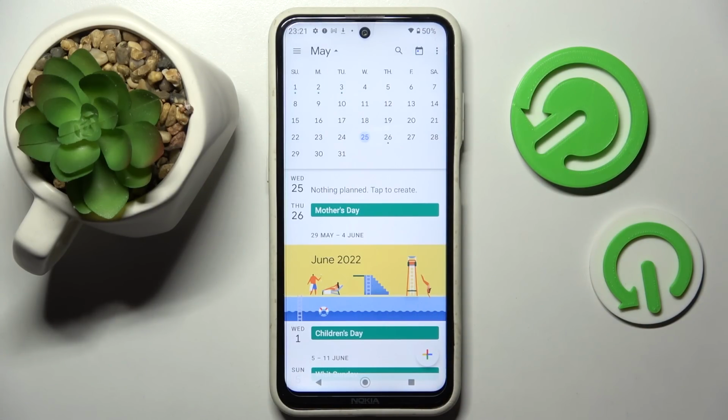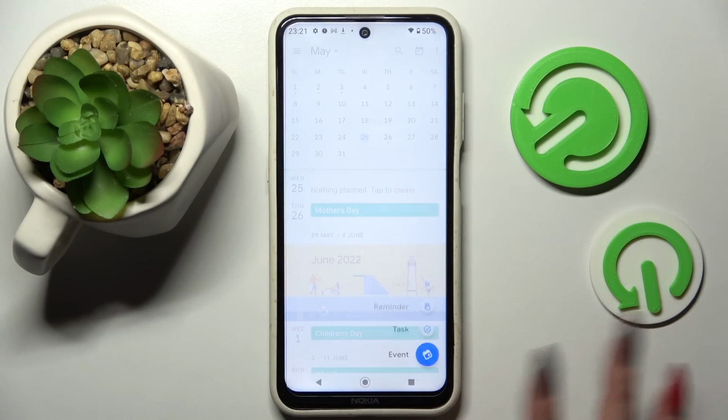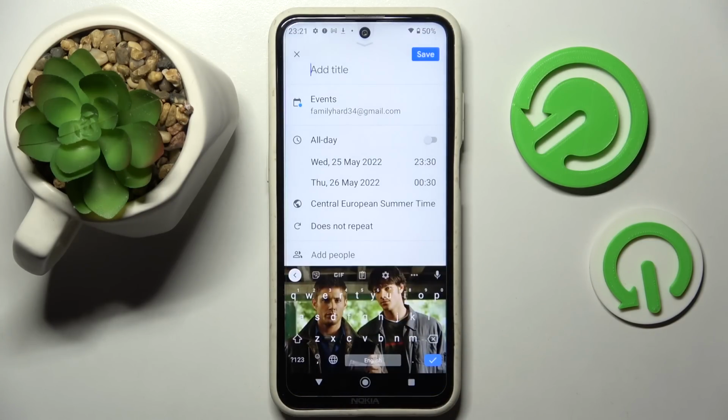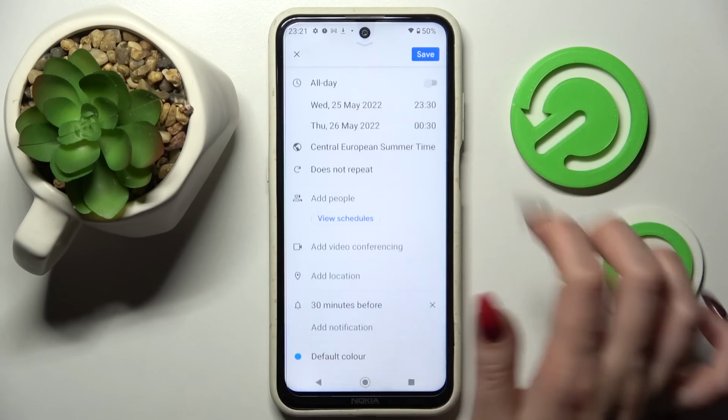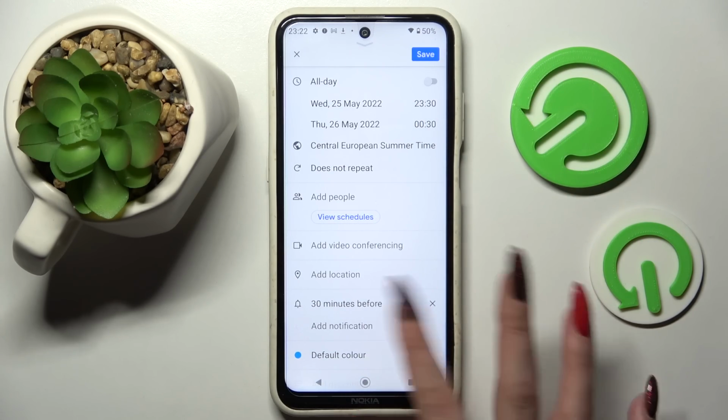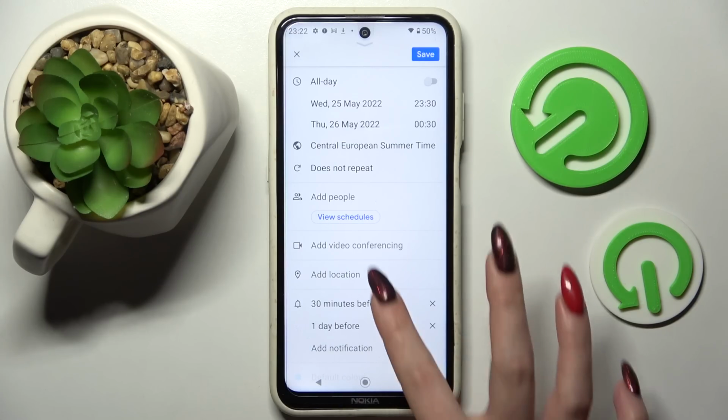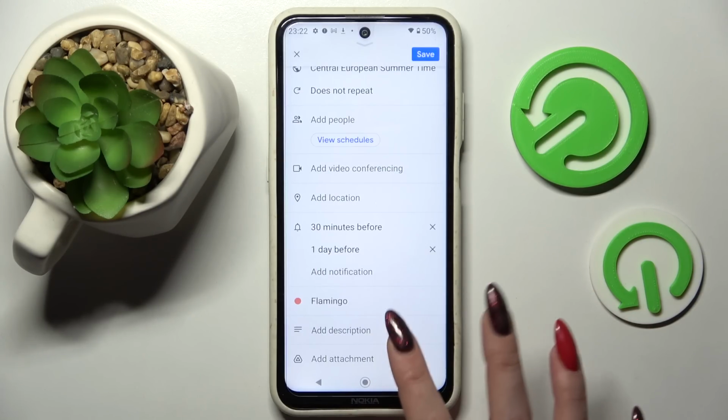Then create your event by clicking on this plus icon at the bottom right corner and selecting event. Now you can customize it however you wish to. For example, you can choose a title, set up notifications minutes, hours, or weeks before your event, change color, take notes,